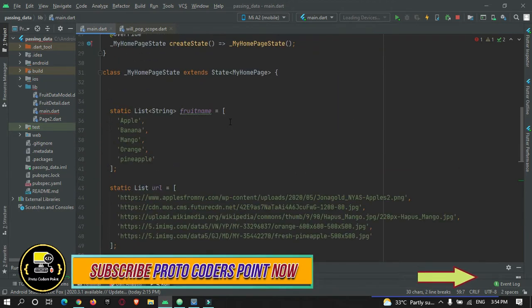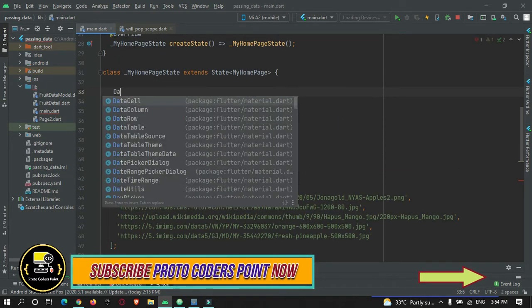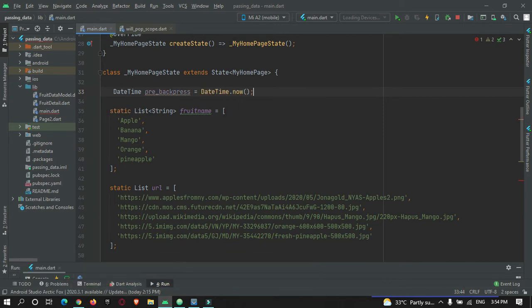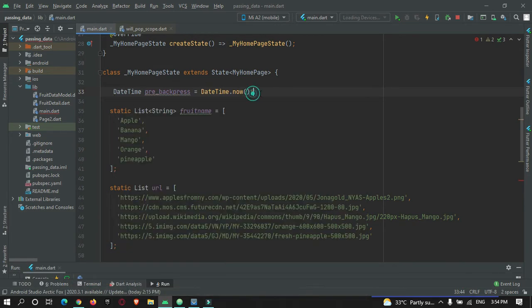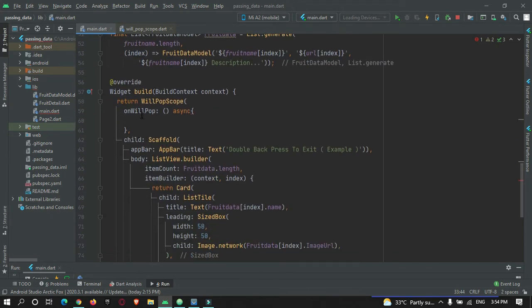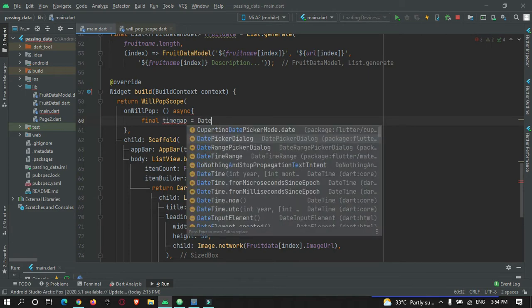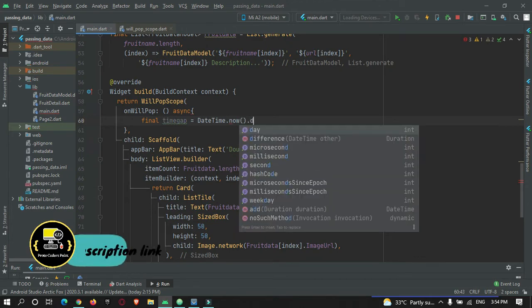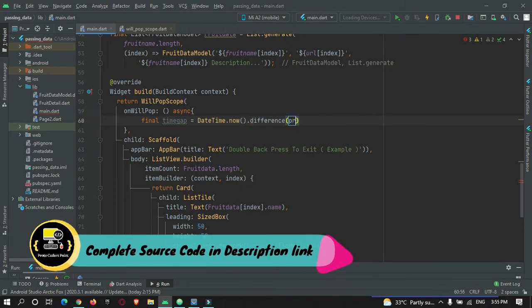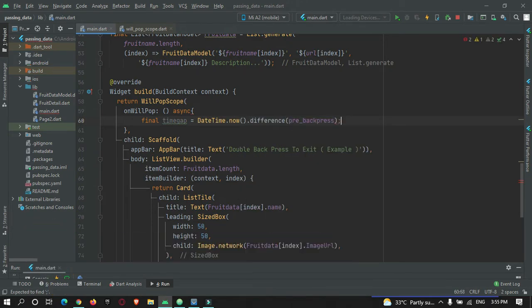So let's create a variable which is of type DateTime. This will return the current date and time. Now come to onWillPop. Here create one more variable, final timeGap is equal to DateTime.now().difference(previousBackPressTime).